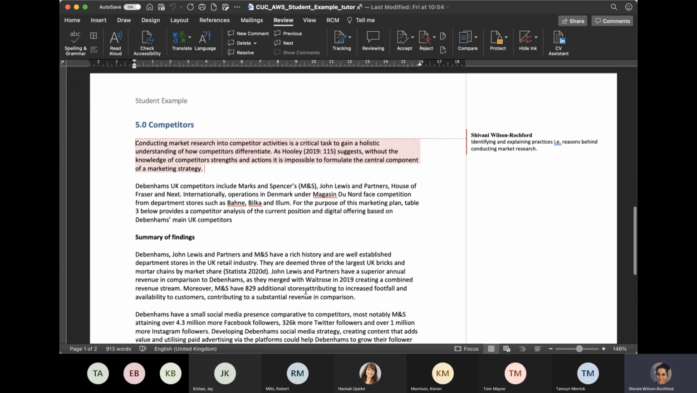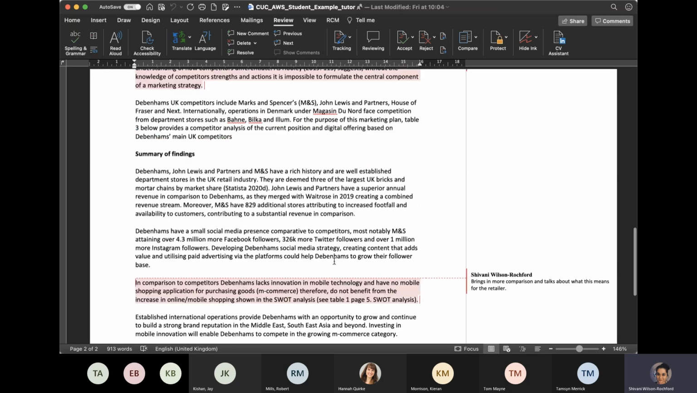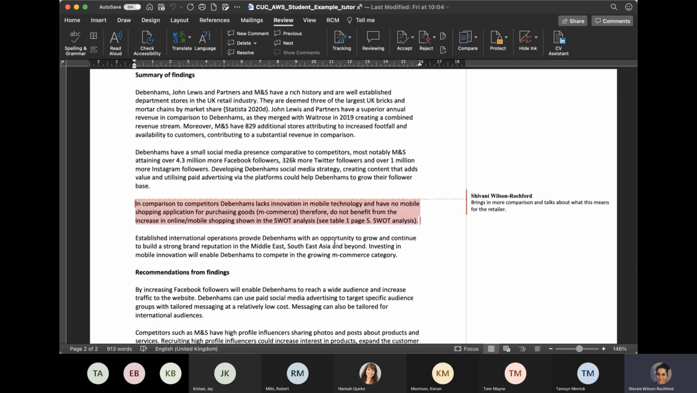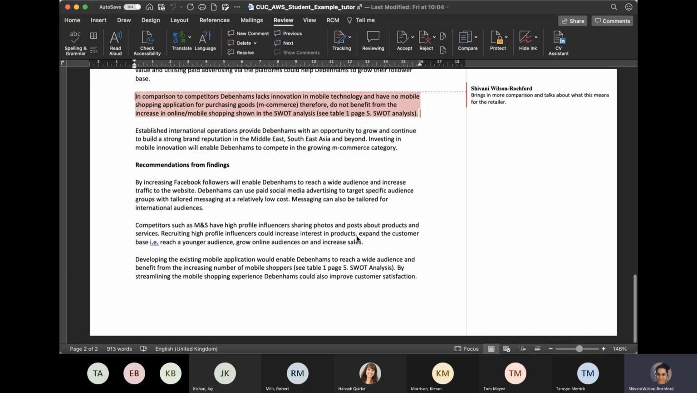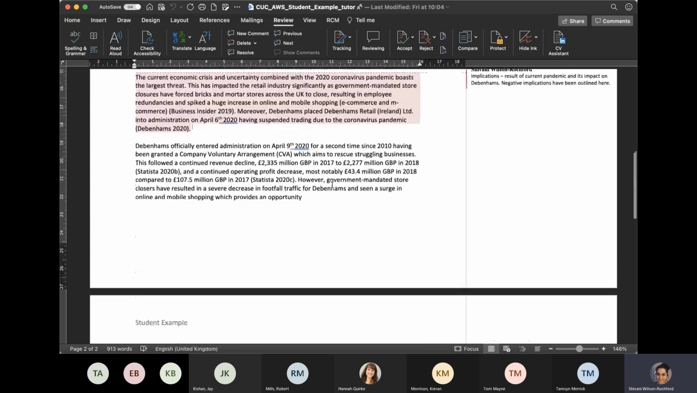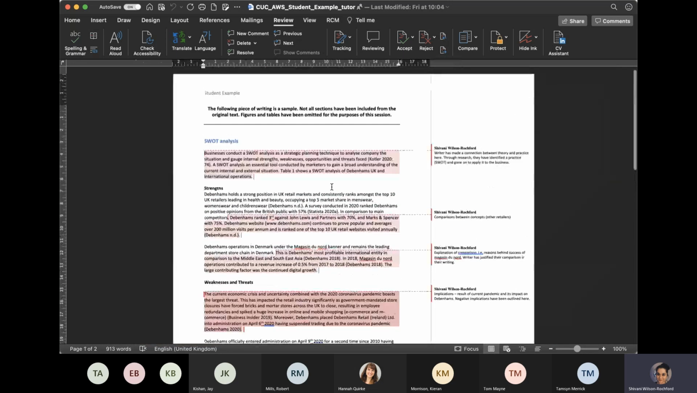Identifying and explaining practices. So the writer talks about why market research is important before going into the application aspect. So talking about Debenhams in this case. They've brought in a little bit more comparison and what this means for the retailer. So within their summary of findings, and then they've got their final recommendations. So this particular student had quite a few tables and quite a lot in the tables to talk about. But what they did well, as I said, was they cherry picked what was relevant and what they could build